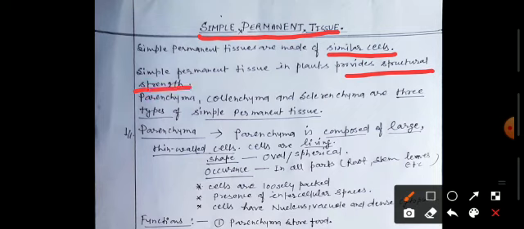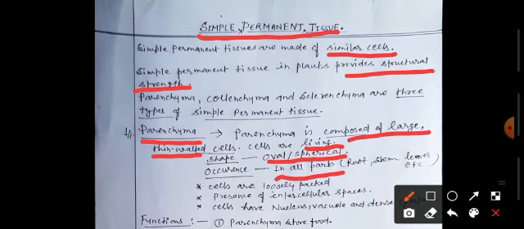Now details of all these types. At first, about the parenchyma. Parenchyma is composed of large thin-walled cells. These cells are living. The shape of the cells is oval or spherical. Such cells are present in all parts of plants, which are the root, stem and leaves. The cells are loosely packed, with the presence of intercellular spaces. Due to the spaces between the cells, the packing is loose. Cells have a nucleus, vacuole and dense cytoplasm.